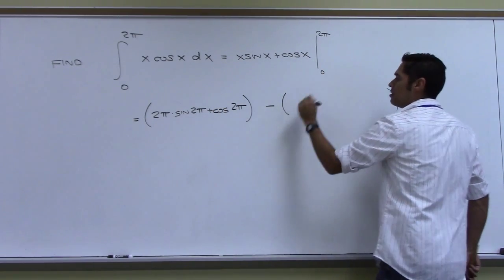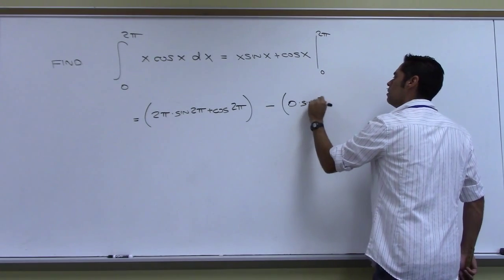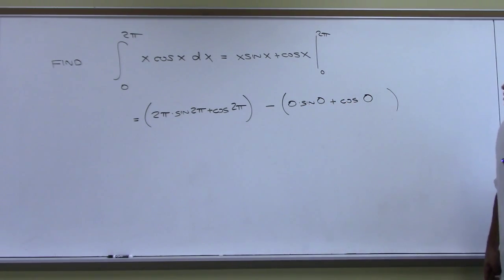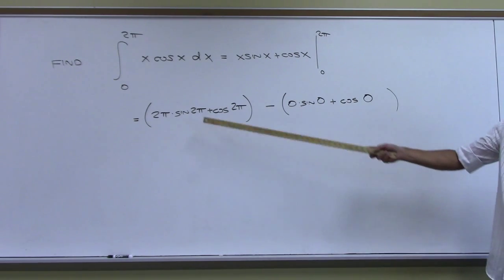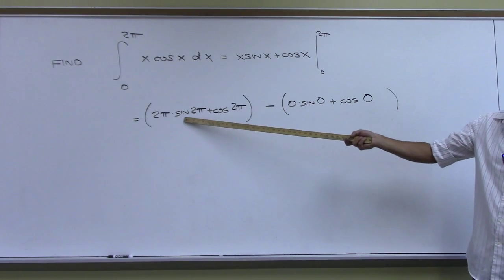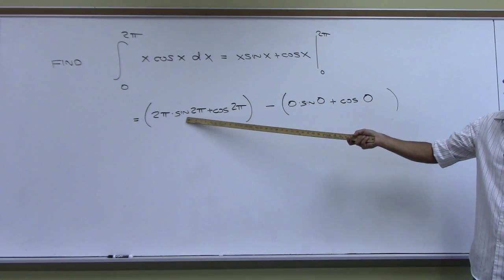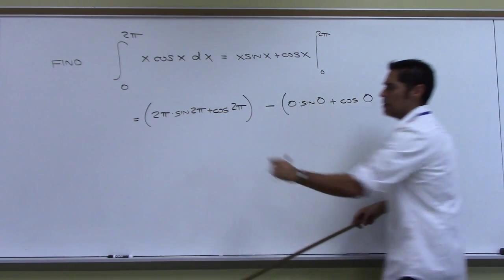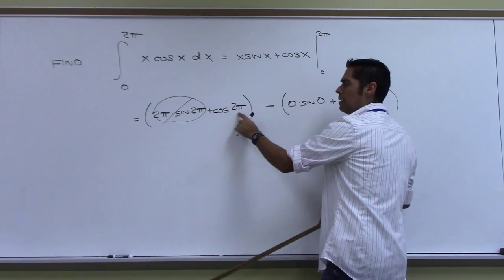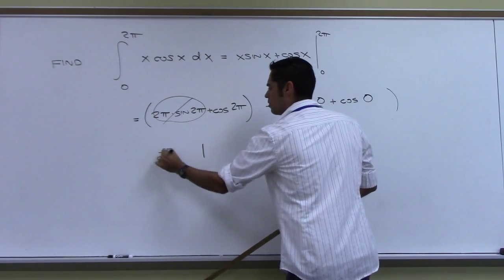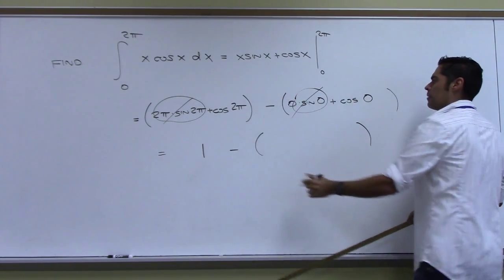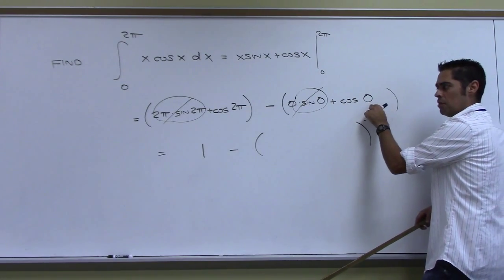And then over here we plug in 0. We get 0 times sine of 0 plus cosine of 0. What is this? Let's see. What's sine of 2 pi? 0. So that whole first term here is gone. Right? This whole thing is gone. What's cosine of 2 pi? 1. So this equals 1 minus parentheses. This is 0. Cosine of 0 is 1,